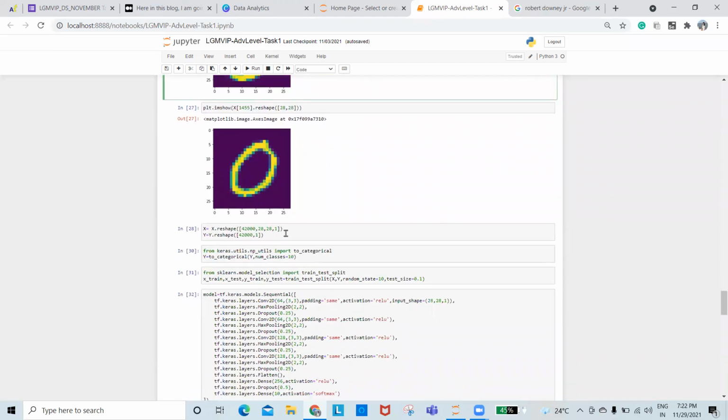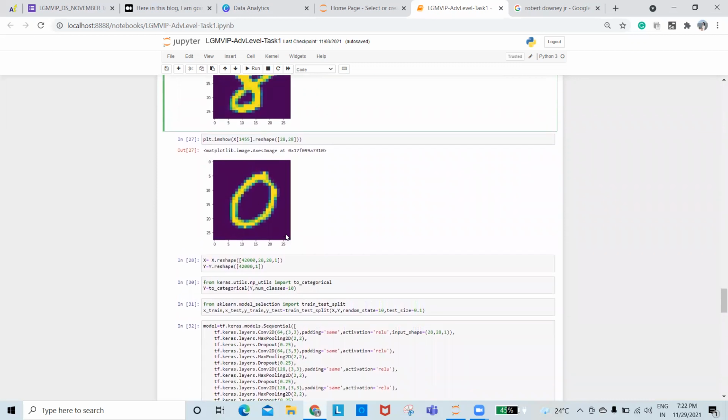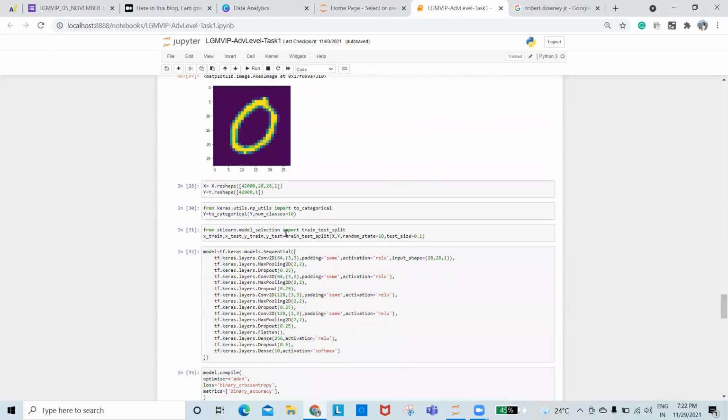And when we reshape that, we use keras.utils.np_utils, we need to import to_categorical, and we need to give the classes as 10. From sklearn, we can import train_test_split, and we can give the test size as whatever we want.